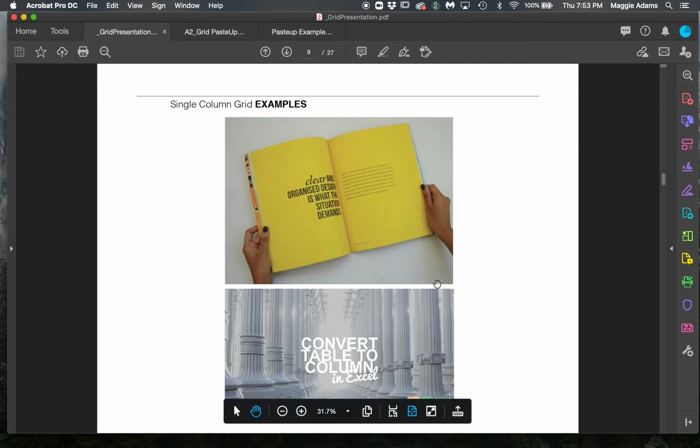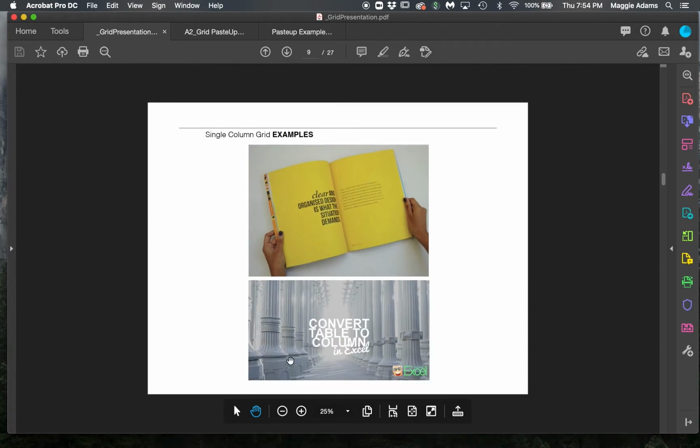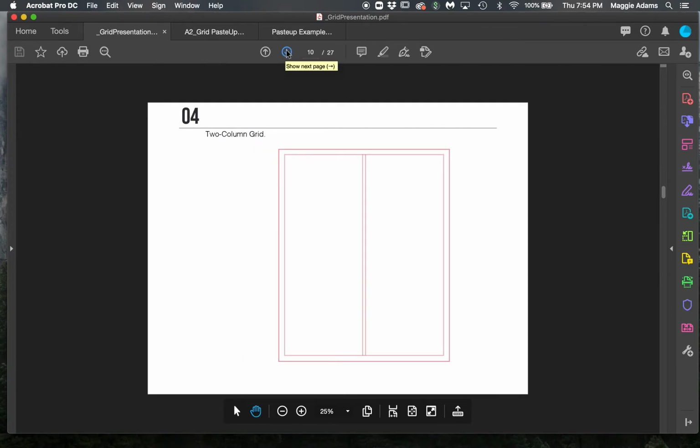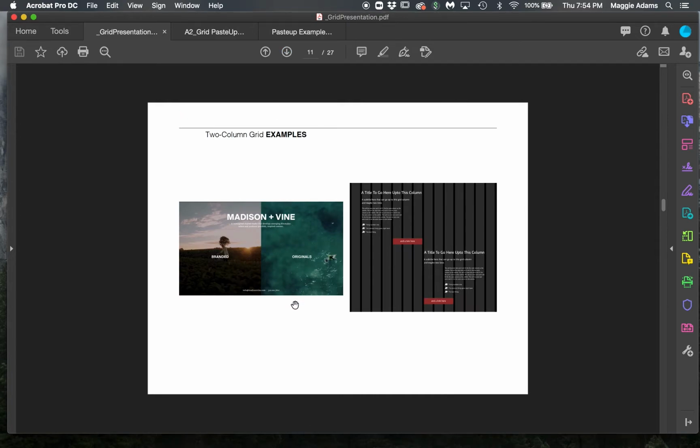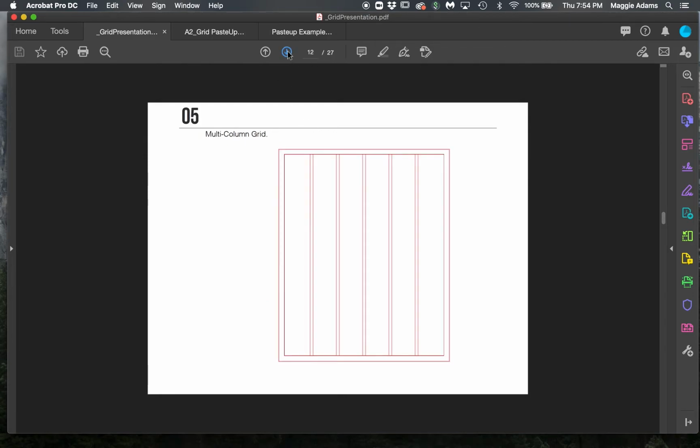This also has one column. It is a, let me just zoom out a little, one image, and this is centered. So also one column. We're going to move to two column, and pretty easy. It's just splitting that page into two. It's an implied line, so there doesn't necessarily have to be a line like this one. It's one column of information and a second column of information. This one ends where this one begins. So a clear two column, and remembering that it can be an implied line,